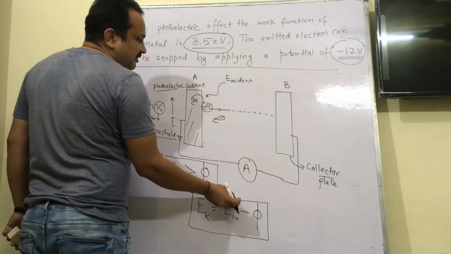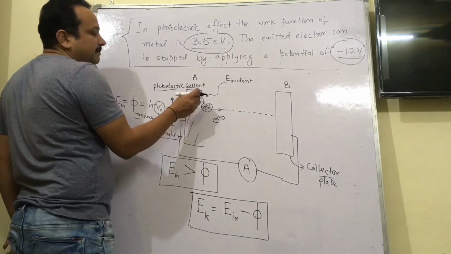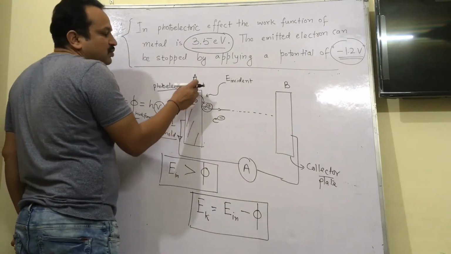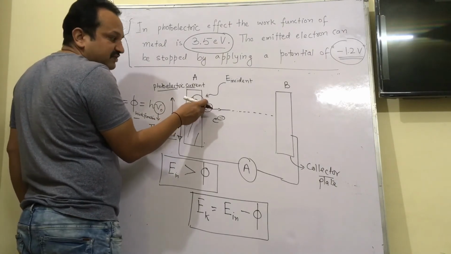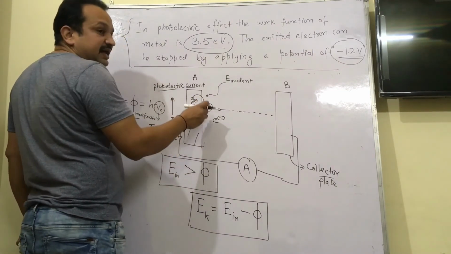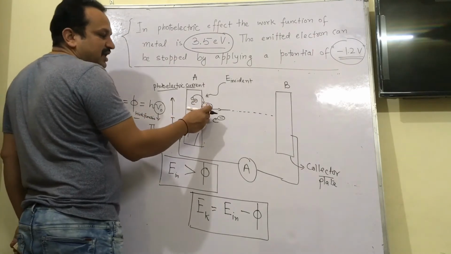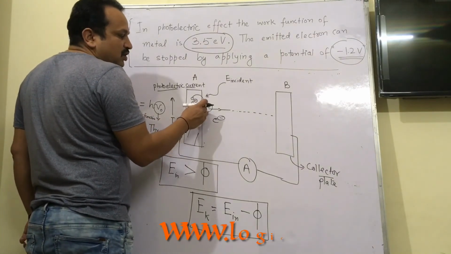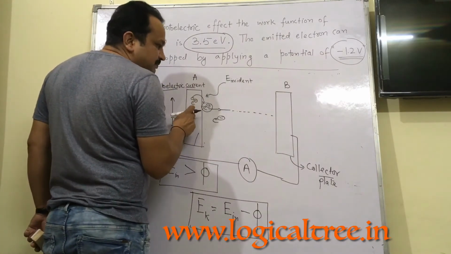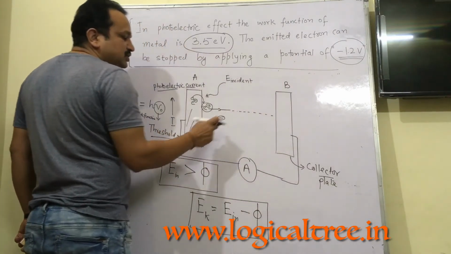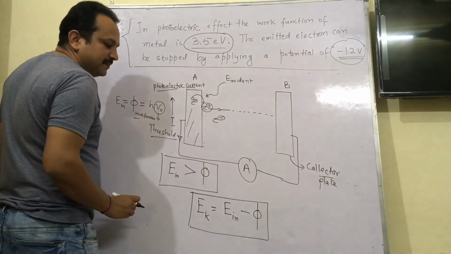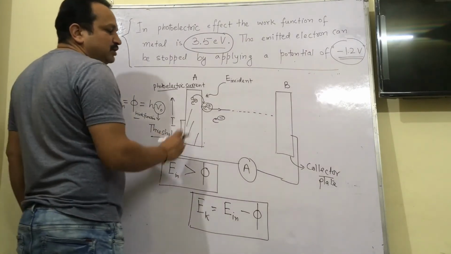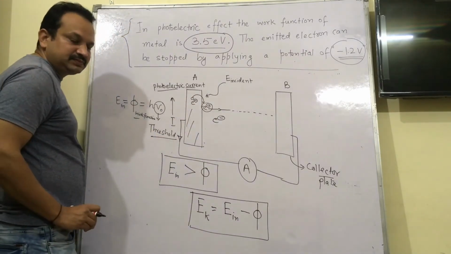Because some of the energy is utilized by the electron to come out at the surface of the metal, which is known as work function, and the remaining energy is utilized by the electron to go from this plate to this plate. So this electron will have some kinetic energy. So if we would like to stop this electron,